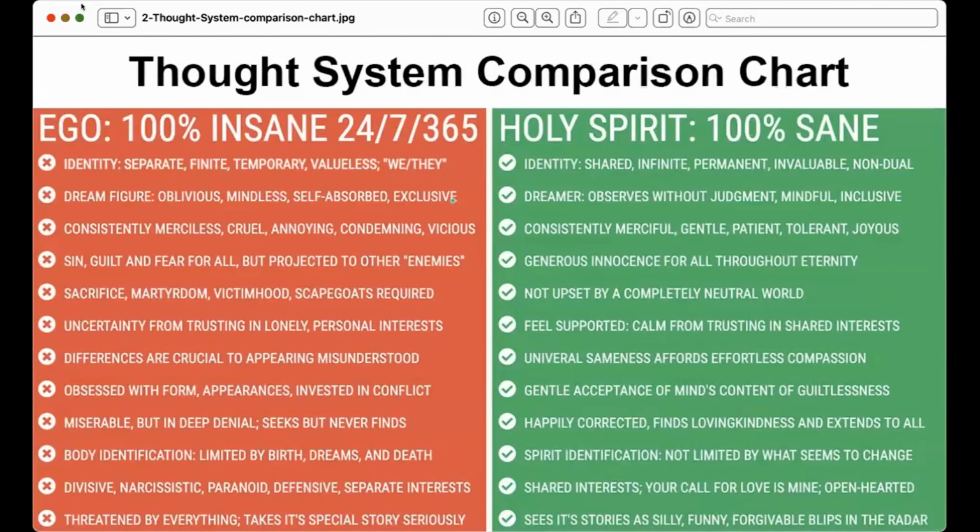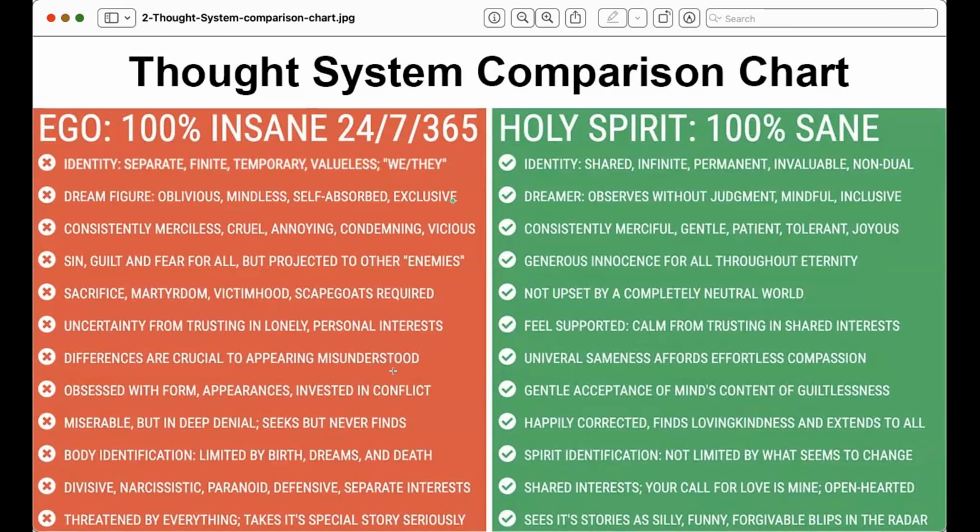I'll go back to another screen share here, and let's go to what I did with that red and green section in Ken's chart. I made a little comparison, and I'm not going to go through everything in this either, because I could easily spend a whole hour doing that. We've done that in a previous class, and I'll put the link to that in a post that I'll make from this.